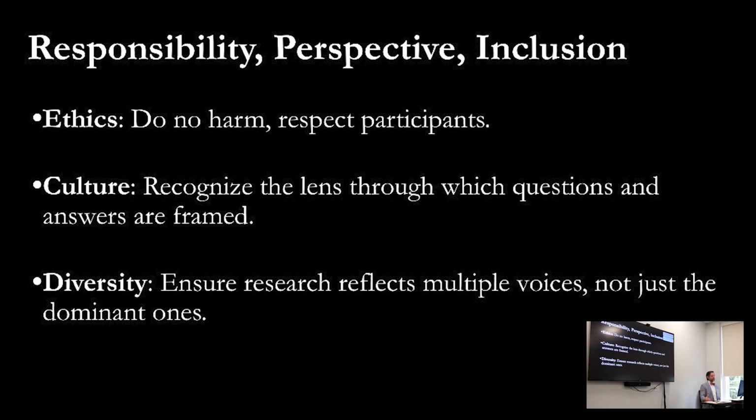Irrespective of the current zeitgeist around DEI being an evil term, which is like, I can't even talk about diversity anymore. It's like, just take that off the shelf. Good research includes multiple people from multiple ethnicities, races, genders, and so forth, because you want to be able to generalize to those people. You don't only want to understand college kids. You don't only want to understand men between the ages of 35 and 44. You don't only want to understand fill in the blank. Unless fill in the blank is unique to that particular population, and then you might go do a study about that particular population.